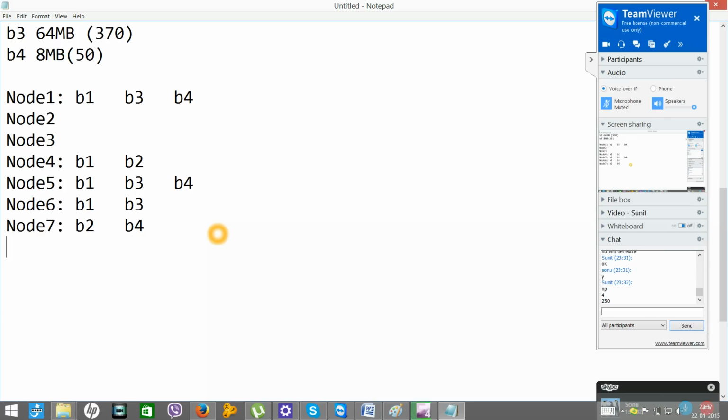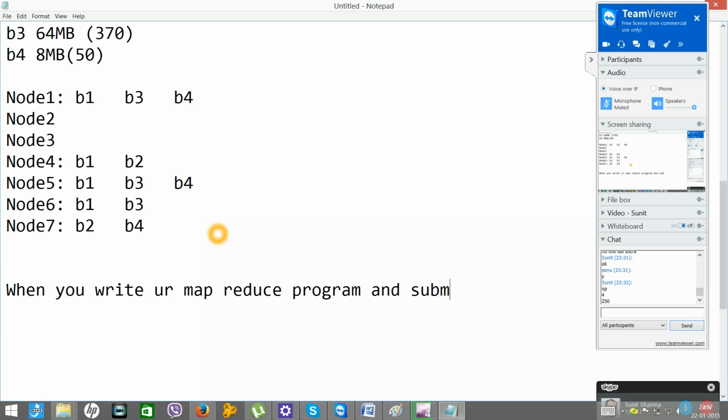Now when you write your MapReduce program and submit it to Hadoop, we'll see all these things practically.